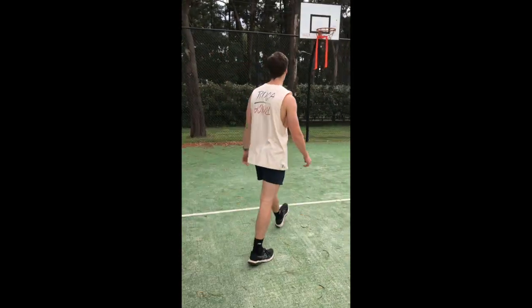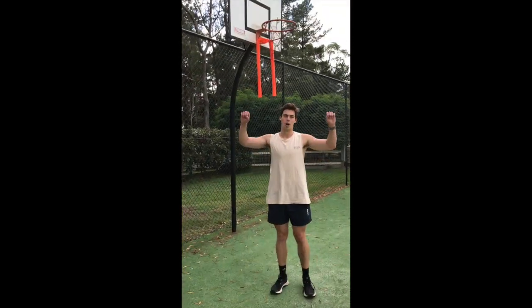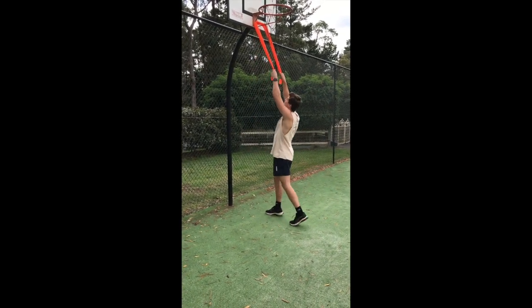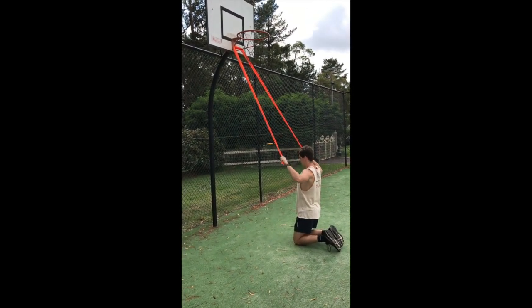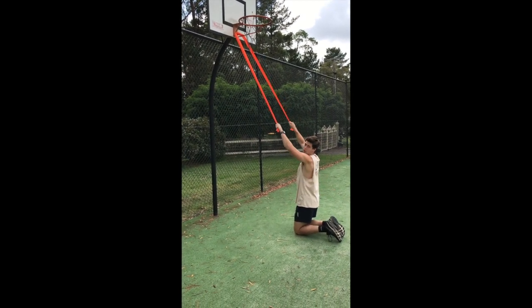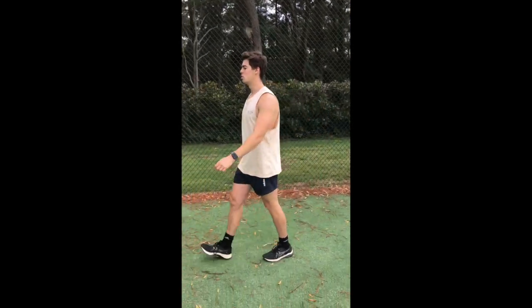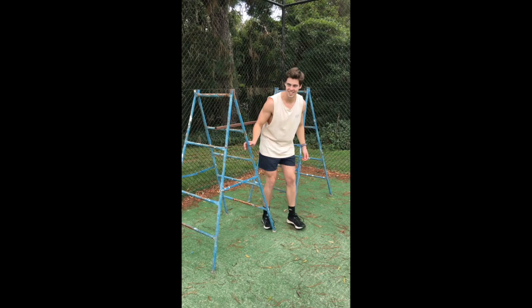So I've got a little alternative set up over here. I've got a pull-up bar at home that I can put in my door, but if you don't have access to one of those or a bar you could use, and you've got a band, you can do, I guess it's similar to a lat pull-down motion. So if you can find something to wrap the band around, you can get a good pull-up alternative there. Or one other alternative I've got is, me and Rachel got a little junkyard set up, but